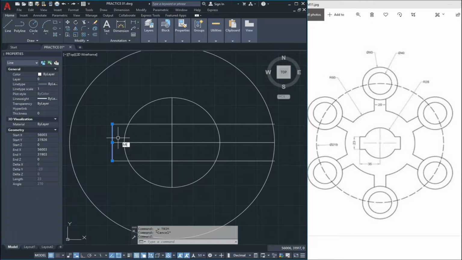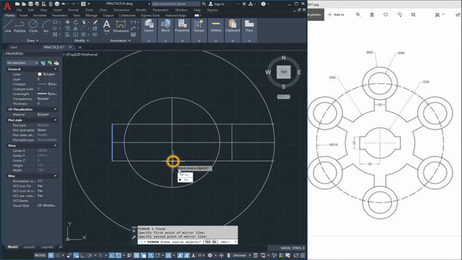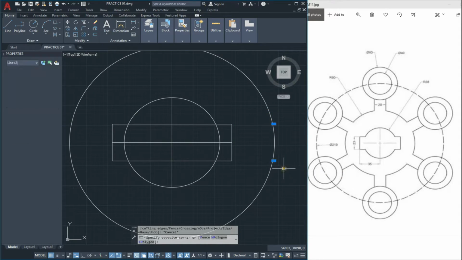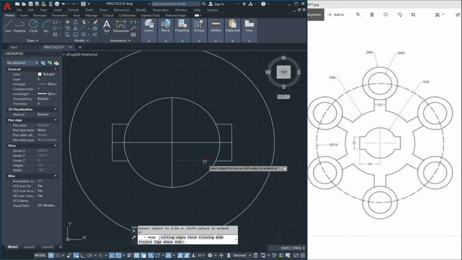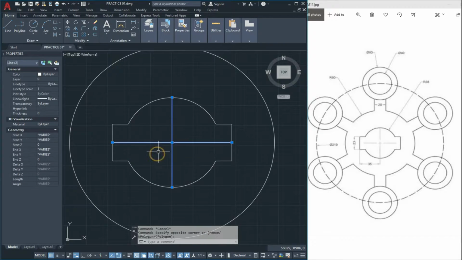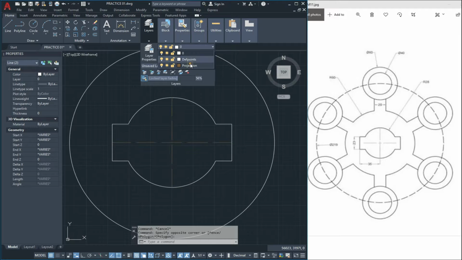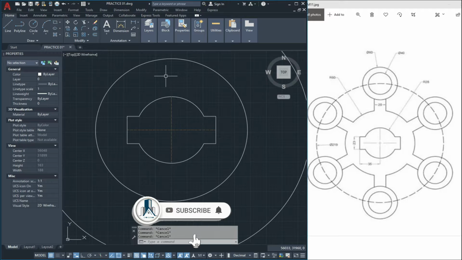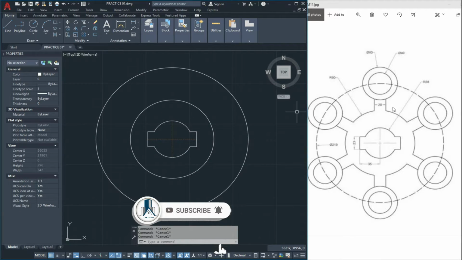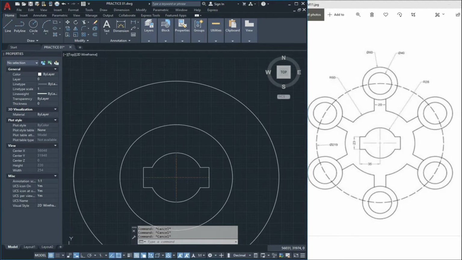first we mirror it, now we trim it, TR double enter, and trim the circle also, and we change the layer of these lines like this. So now we draw this shape, and for that